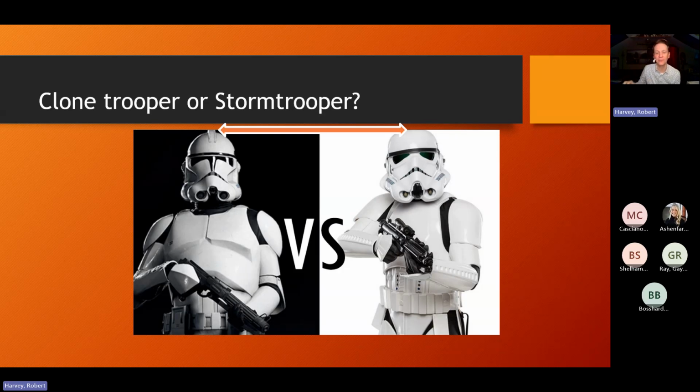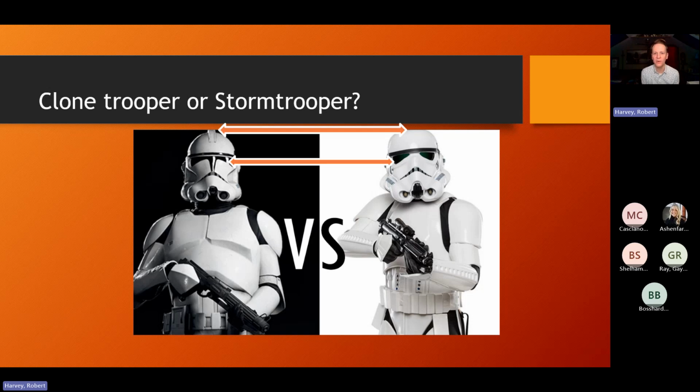Okay, so that's the first thing you're going to look at when you want to discriminate between the two. And the second thing you're going to look at is the visor area. Okay, so the eyes of the helmet. So you'll notice that the clone trooper has what we call a T visor, and the stormtrooper has what looks more like two eyes. Okay. So as we go through this training and we look at other things, that's really the discriminative stimuli that tells you which is which. So that's where you would be teaching a person to orient so that they can tell